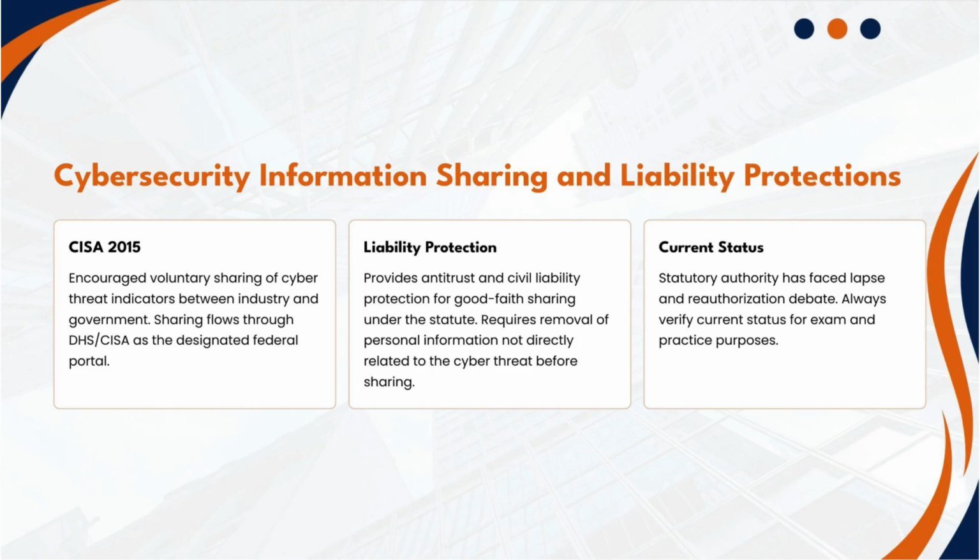Now the critique, and it's serious. Threat indicators can contain personal data. An IP address is often personal data. Email headers contain addresses. And the sharing channel routes through DHS but can flow to intelligence and law enforcement. Critics called it a surveillance bill wearing a cybersecurity costume. There's also CIRCIA, which mandates incident reporting for critical infrastructure. That's compulsion, not voluntary sharing. So which is it? Defense or surveillance? Honestly, both. That's why it was contentious.